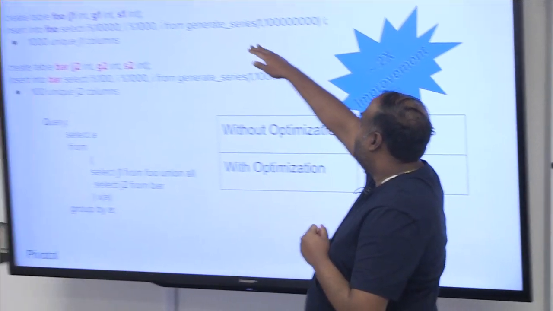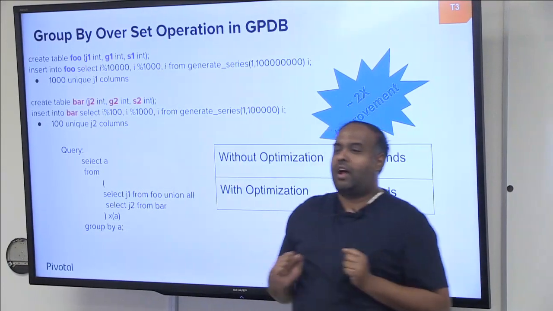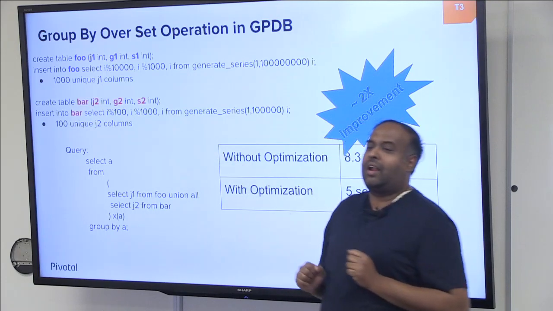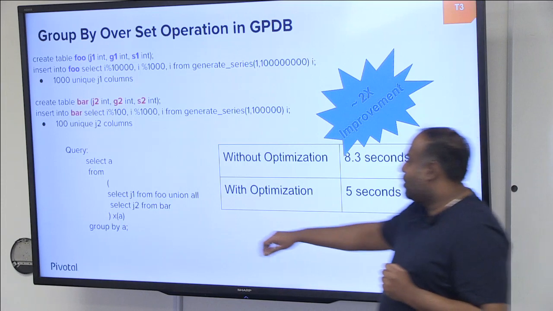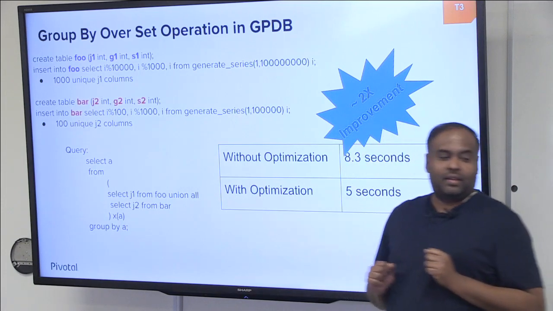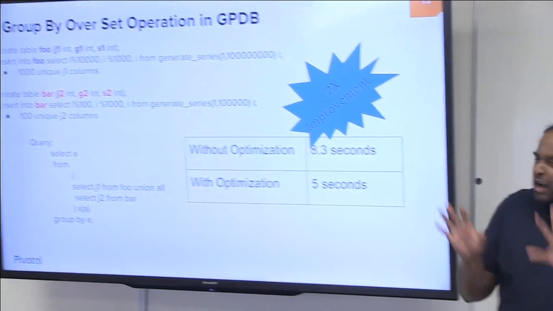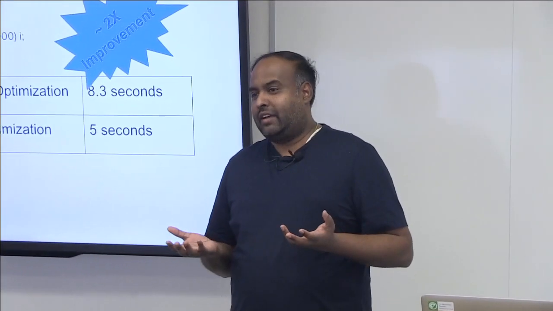So let's take a simple example, foo and bar. Foo has more than 1 million tuples, with 1,000 unique values in that column. And bar has about 100 unique values. It's a smaller table. In the same way, I'm going to do a union all and then a group by. What we found, just for this small case, which is not doing much, it's just doing a scan and then finding out unique values,